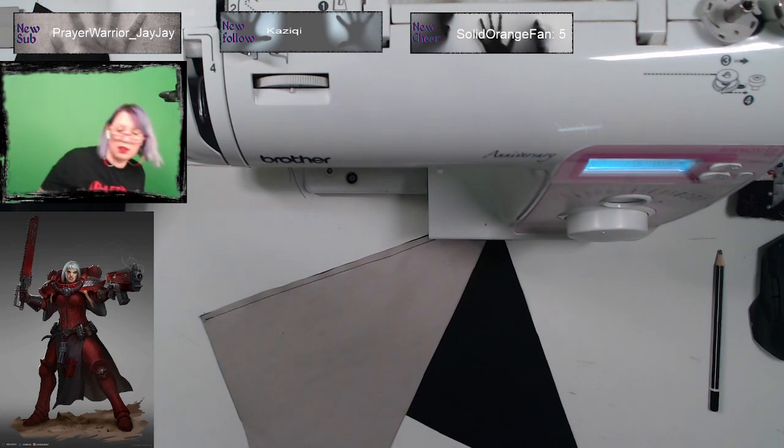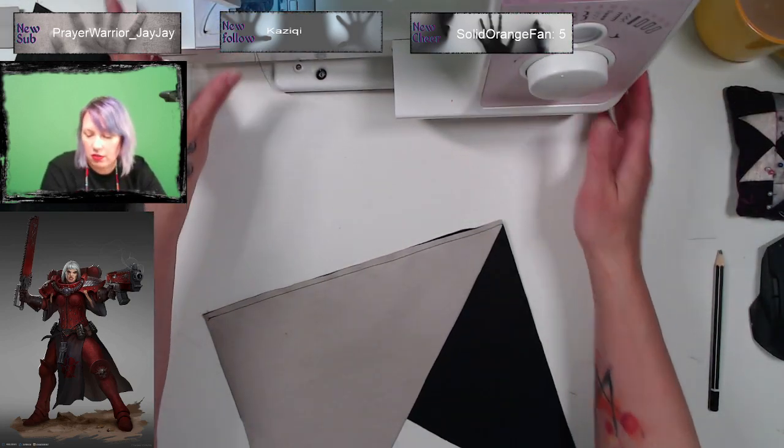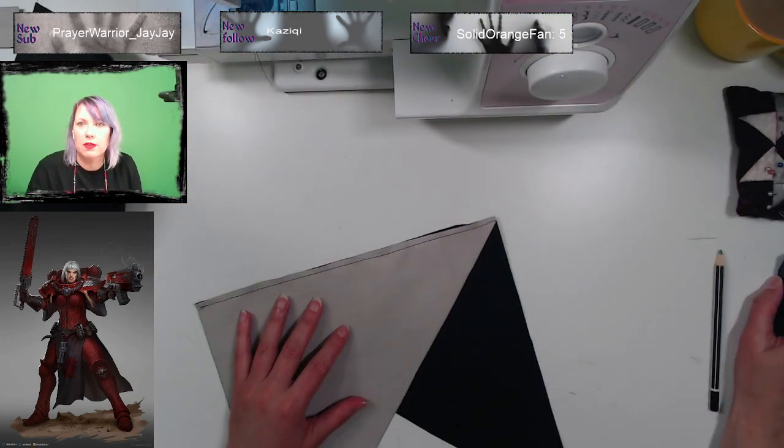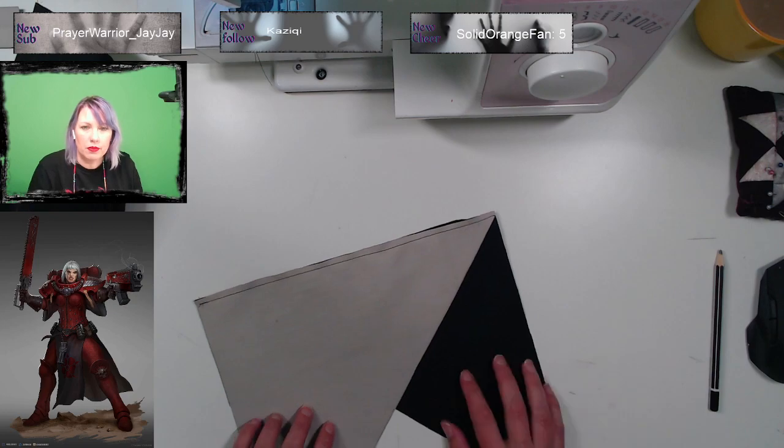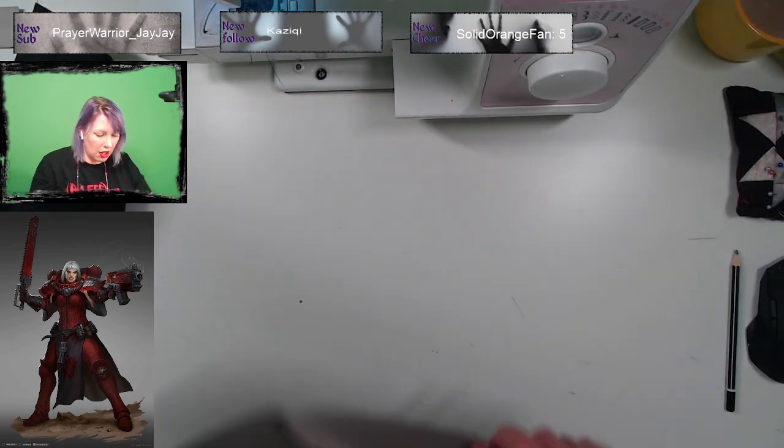Oh. Need to put the bin closer by. Alright, so now I need to open it and iron this flat.